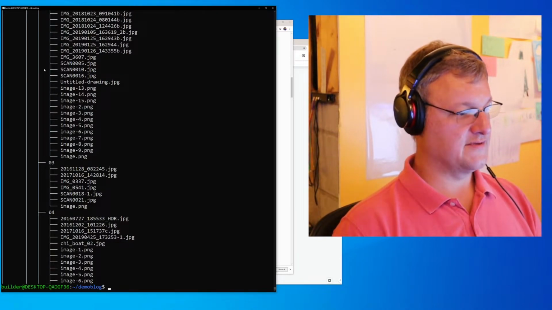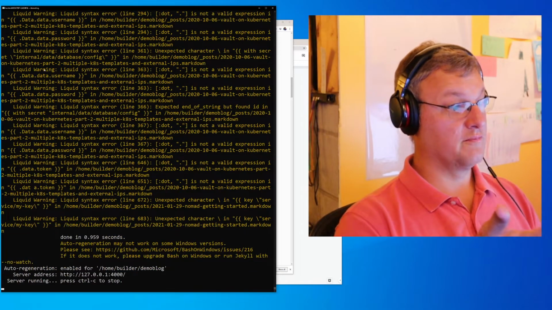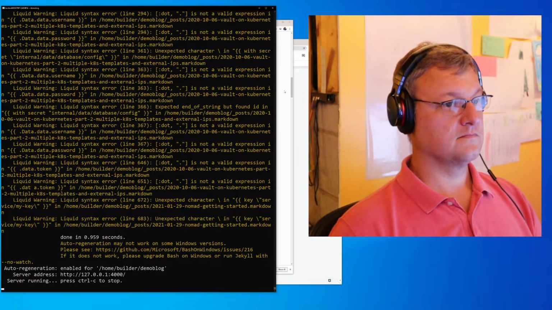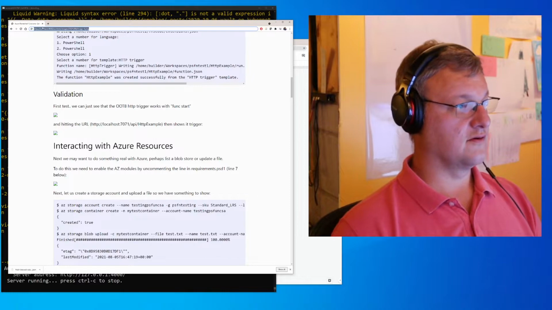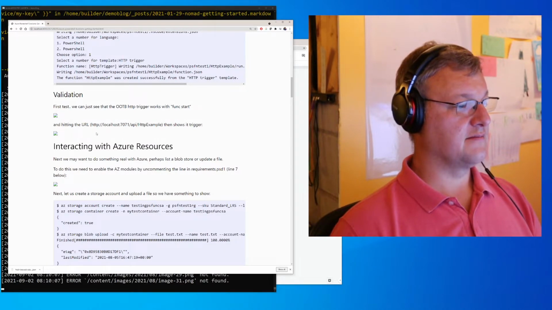Now what happens is when I serve that up, it will bring those files in. And now let's go to localhost and refresh this page. And this time,